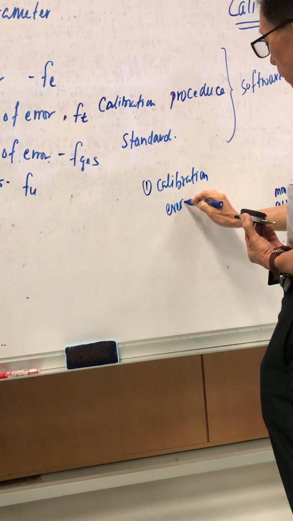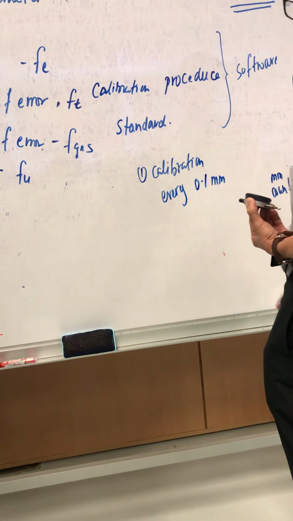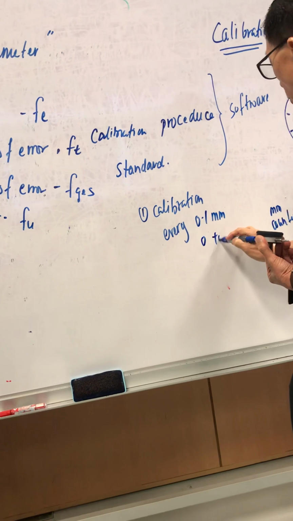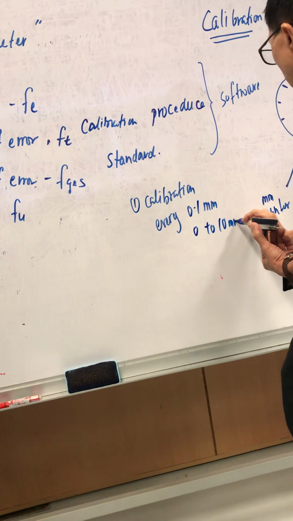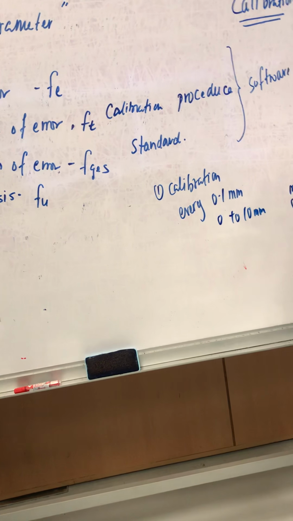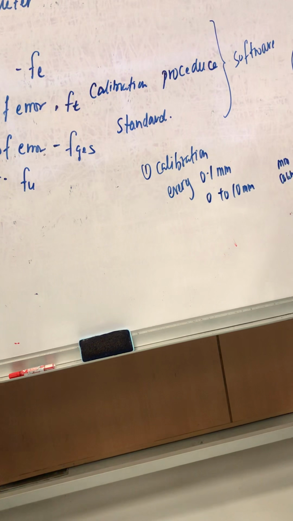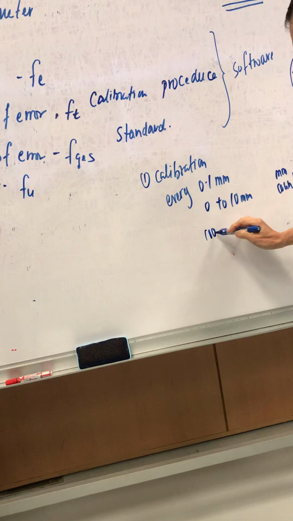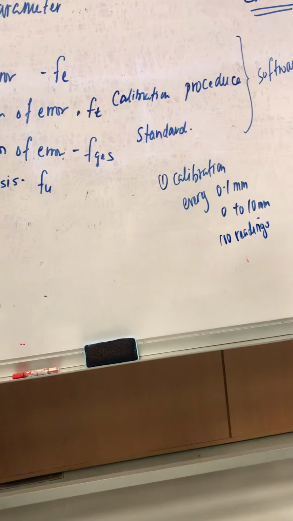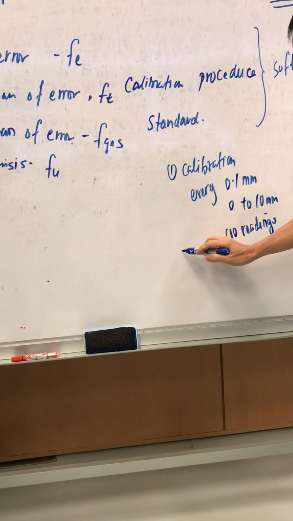You need to calibrate every 0.1 millimeter, from 0 to 10 millimeter. Any question? No. We start from 0, then 0.1, 0.2, and so on, up to 10 mm. So you get 100 readings here. Any question on this step? No. Then after that you need to calibrate